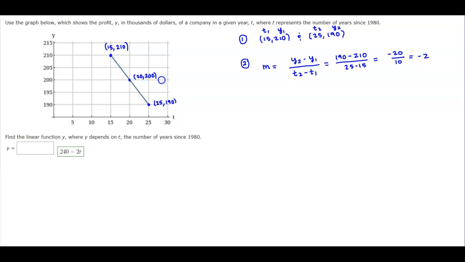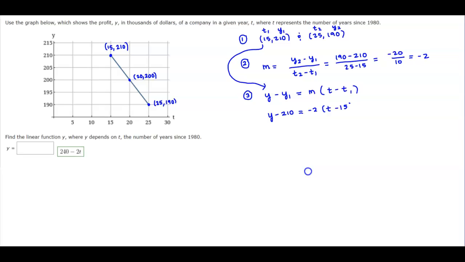Okay, so now that we know what our slope is, we can use the point slope form. Now we don't have a y-intercept because we don't have something that crosses the y-axis, so we're going to have to use the point slope form. And so we're going to have y minus y1, which is going to equal m, and instead of using x, we're going to call this t minus t1 since this is in terms of t. So now we're going to plug in our values. We're going to use the first ordered pair here to represent t1 and y1. So we're going to get y minus 210, which is equal to the slope, which is negative 2, times t